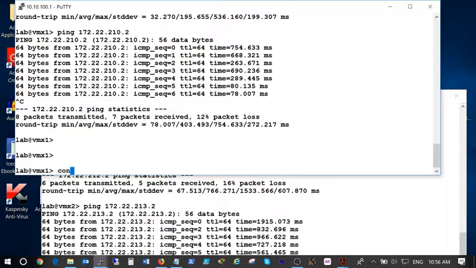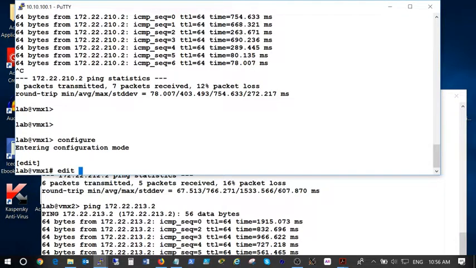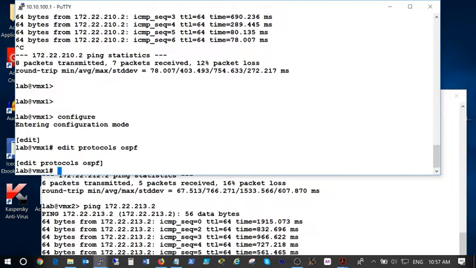So in configuration mode, edit protocols OSPF. Here we are. What we need to do here is put our interfaces in and tell our protocol what area our interfaces are going to be in. So the command is set area 0. We're using area 0 because it's the only area we've got. And we're going to set up interface